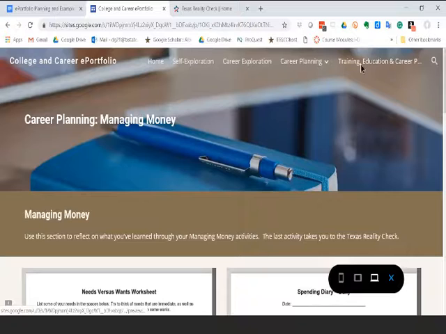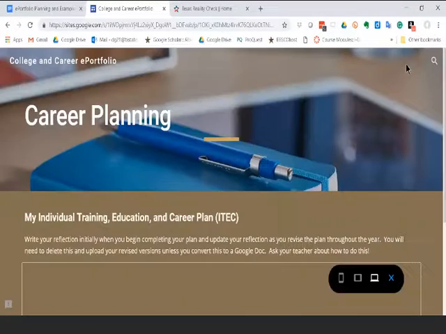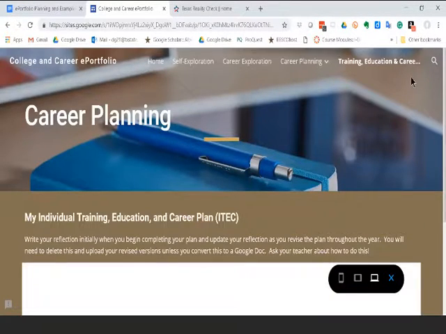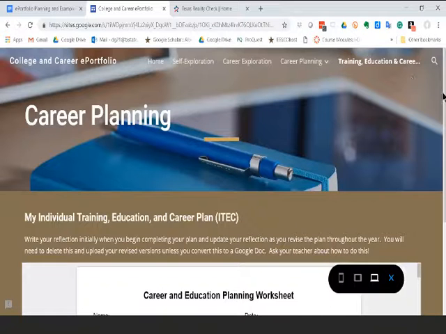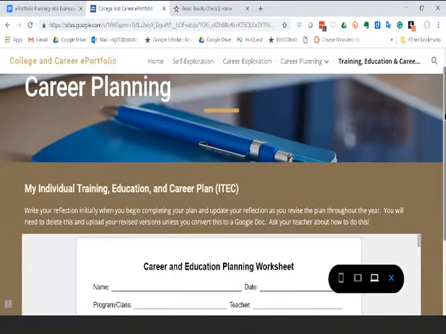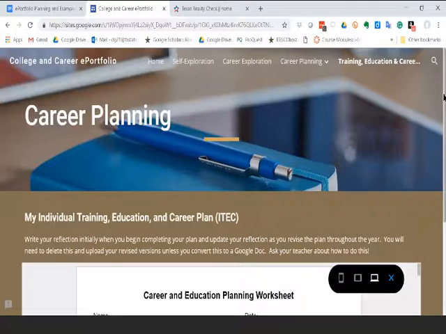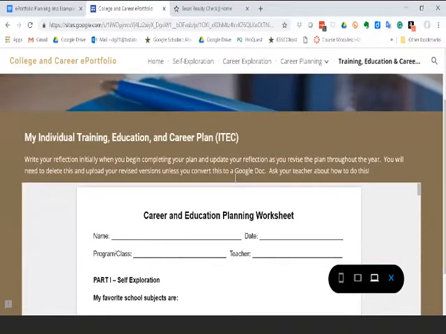Finally, I have the training and education. They call them the iTech plans that are required. Now, you might want to use an iTech plan that your program uses, or if you use the one that's with this curriculum, you might want to name it something else to not confuse it. But it's very nice. I'm right here on the reflection, and as a reminder to the teacher too,